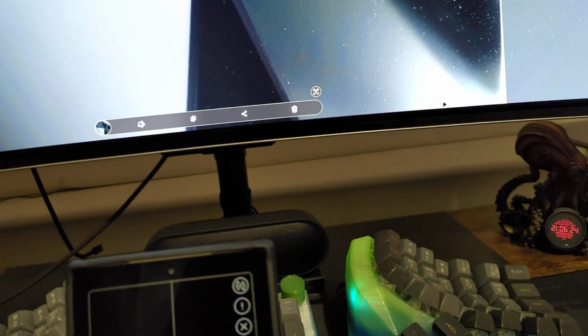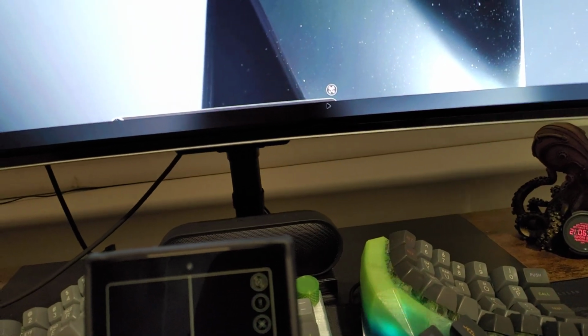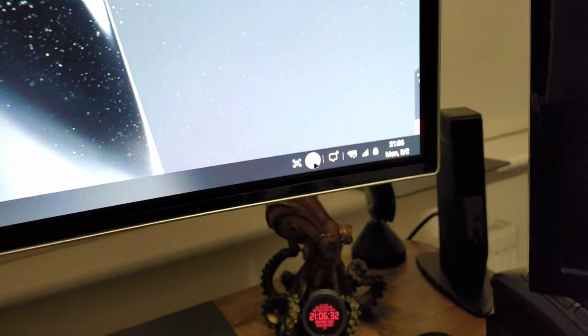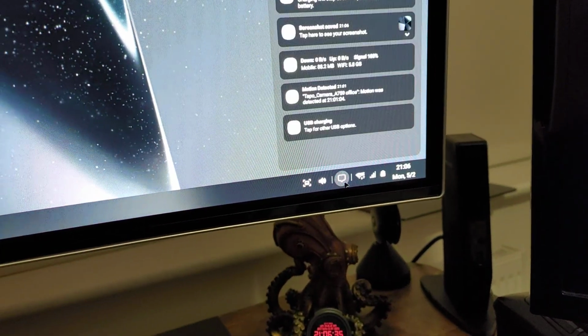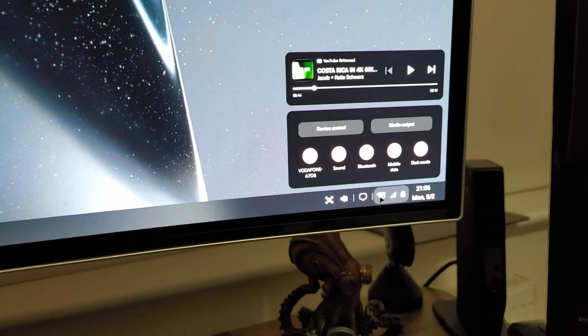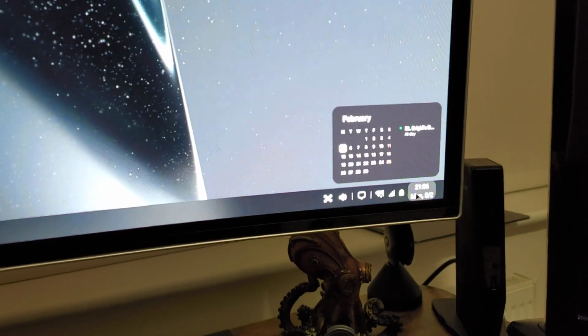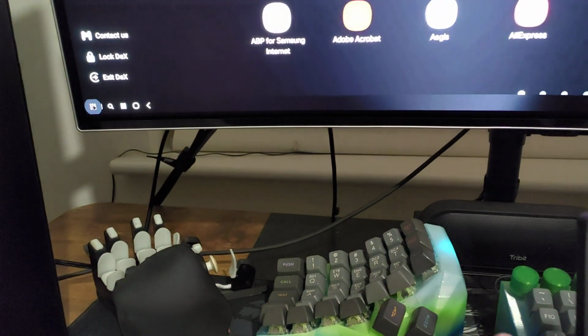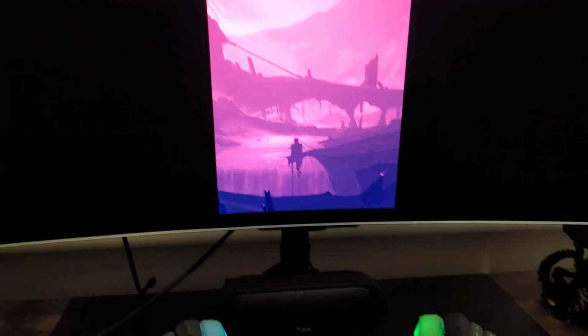Let's see, what do we have here? We have screen capture. Very cool. Let me just delete that. No, it's gone. We have this thing for the audio, which is nice. We have notifications, cool. Then we have all of our stuff here as well. So yeah, pretty much like a Chromebook, which is interesting. But yeah, pretty cool. And then I suppose I can exit DeX like so, and then it'll just go back to the normal kind of Android